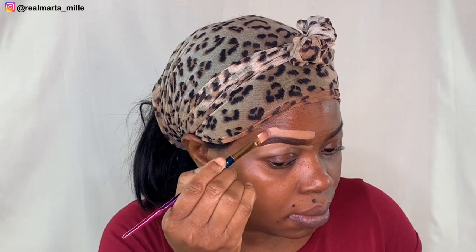I'm using the same color for the upper side of my eyebrow. Normally, you have to use your concealer that goes with your skin tone, like the one that goes with your foundation, for the upper side, and it's very good. So yeah, I'll be blending it all together. So you see,